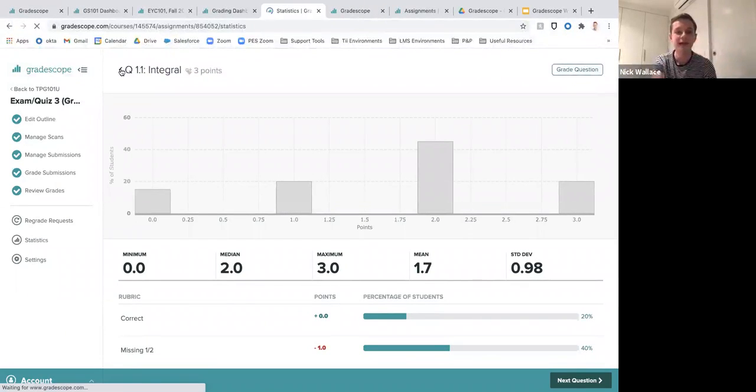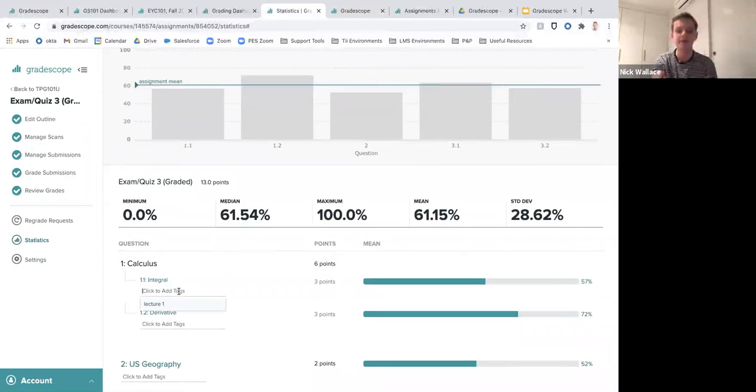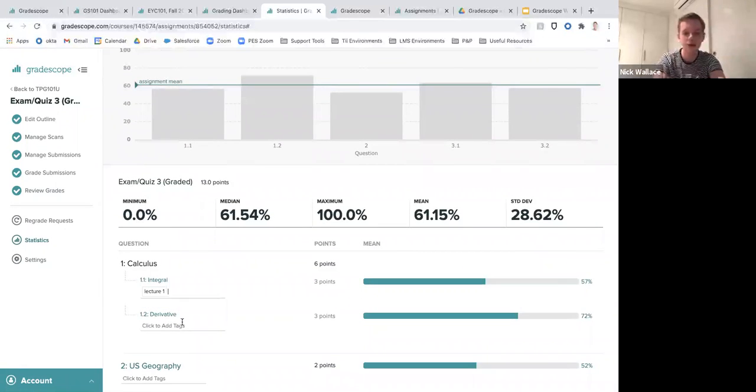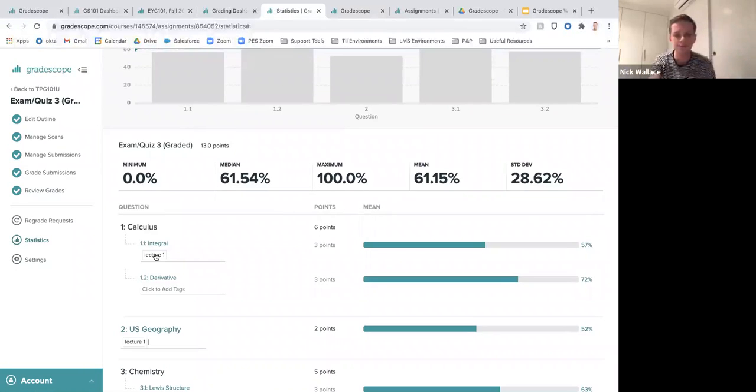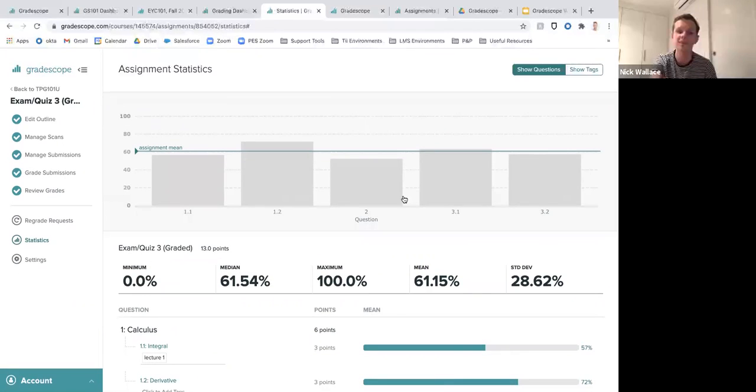You also have the ability to tag questions as well. So this is useful to tag them. Maybe you taught it in lecture 1, and in lecture 1 we also taught a bit about United States geography. And then you're able to see if there are any commonly occurring themes there, for example. So if I click show tags here at the top,